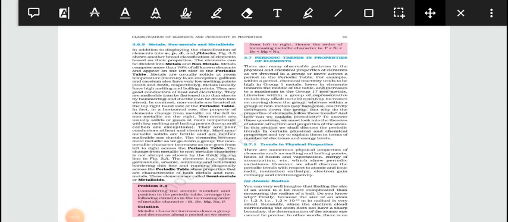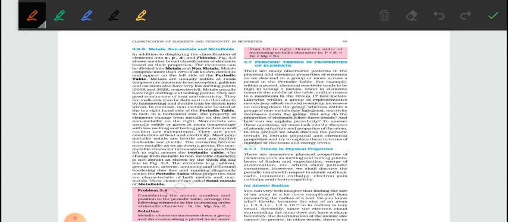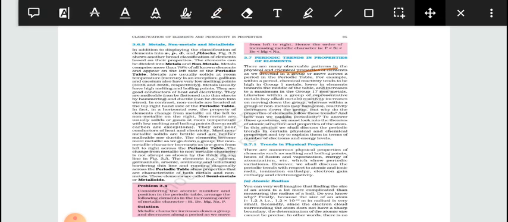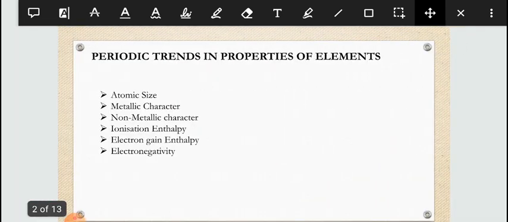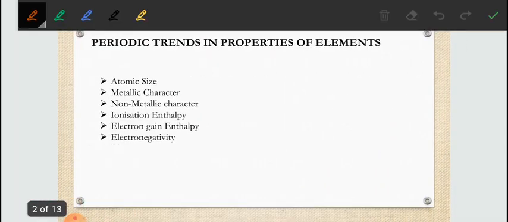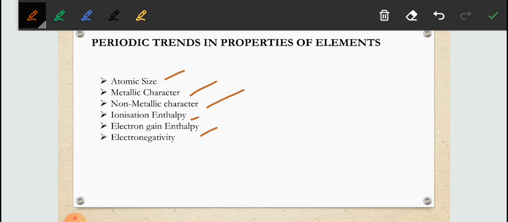In this part of the video, I am going to continue chapter number 3, periodic table. And in this video, we are going to discuss periodic trends and properties of the elements. In this module, we are going to discuss the variation of the properties of elements along the period and along the group, meaning whether they are increasing or decreasing. In these trends, we will discuss atomic size, metallic character, non-metallic character, ionization enthalpy, electron gain enthalpy, and